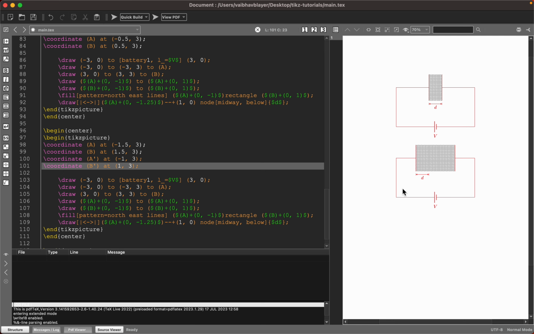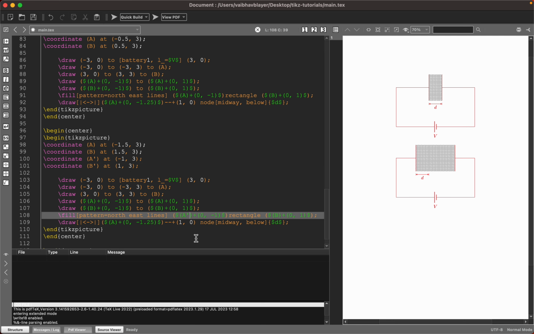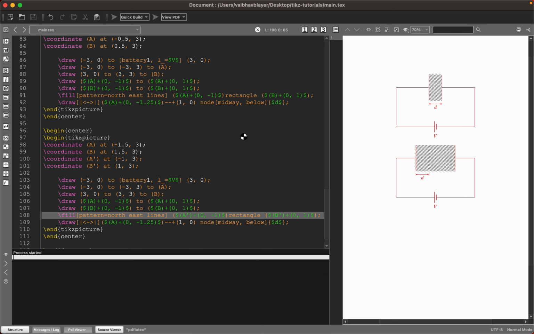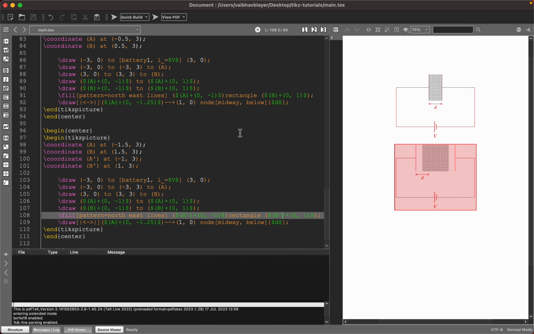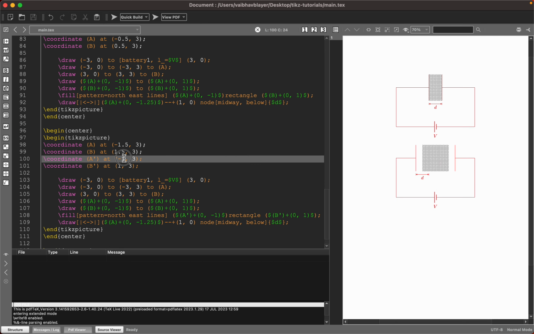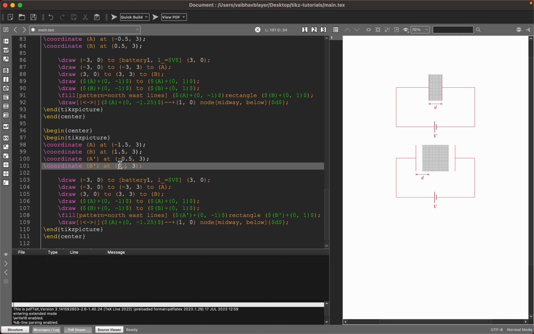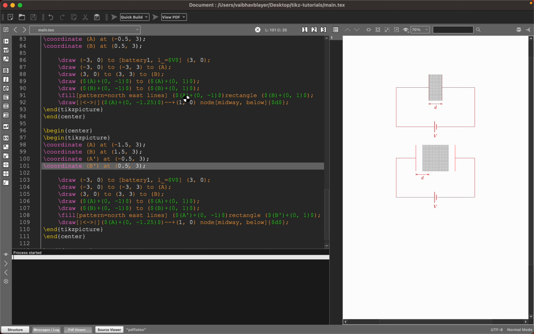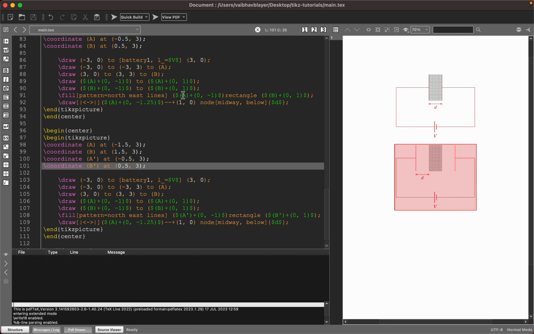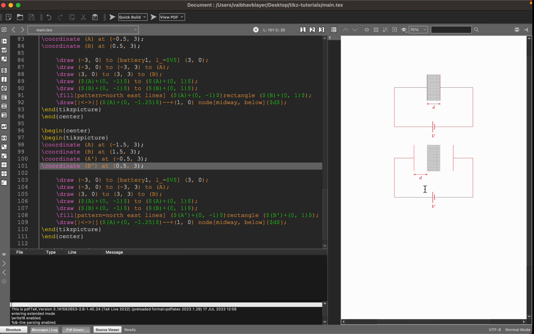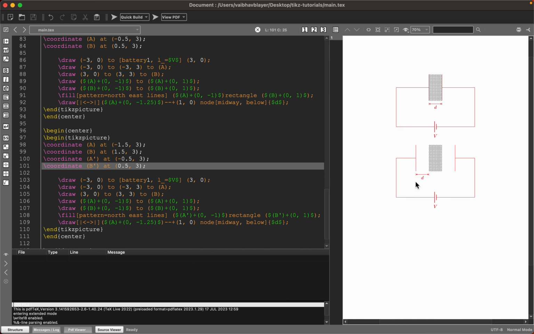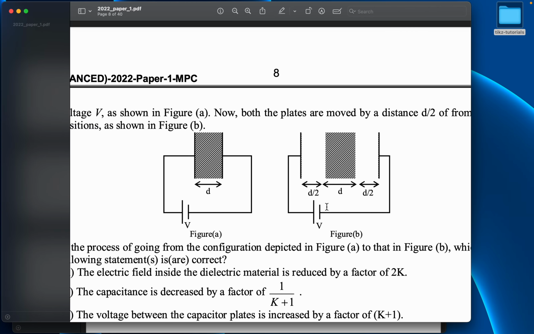So we drawn this capacitor which is filled like so. Just we have to change A dash and B dash. If we run this coordinate, yeah, as you can see, it's still thicker, so we can change, I think, 0.5 and positive 0.5. So yeah, as you can see, it's still D, but node we have to change, or you can say dimension